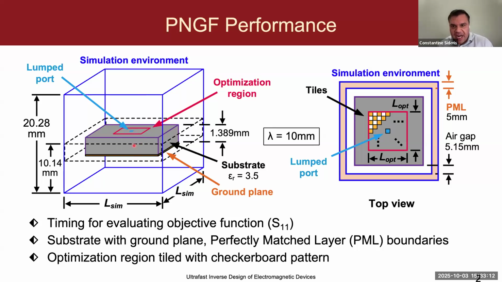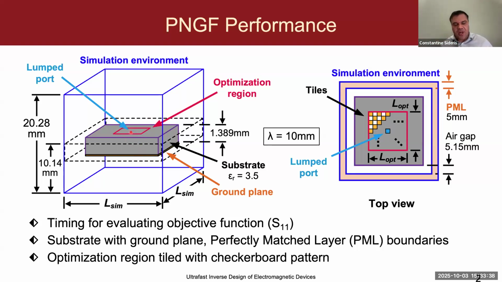And so the first scenario is we're going to fix the optimization region size, and we're going to be increasing the size of the simulation region. So we're going to be increasing the PCB size or the chip size, the dielectric region essentially, as well as the surrounding airbox and everything else. So this is going to result in increasing nsim, but nopt stays the same, which is the region that we're actually going to be optimizing.